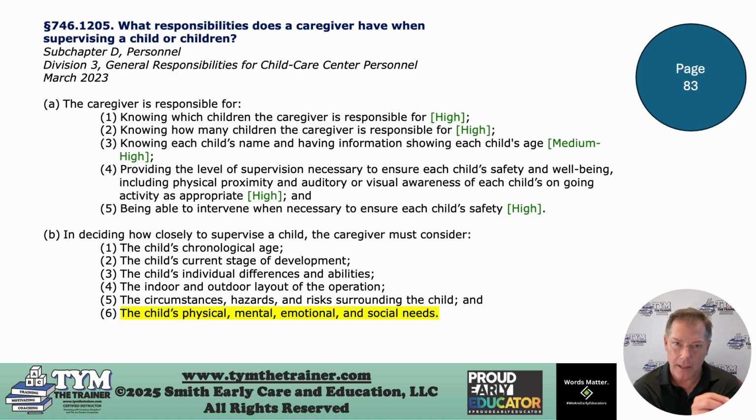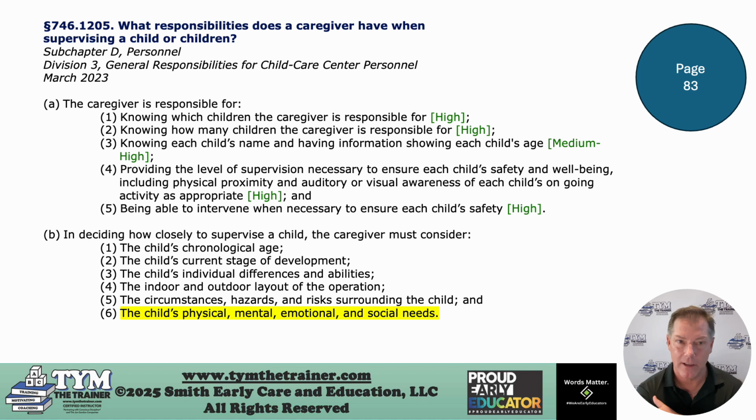And I want y'all to really look at the proximity right here. Depending on what age of children you're working with, you're going to need to get to that child quickly to intervene when there is a safety risk, when there is a behavior. So where you position yourself in the classroom is really critical. You're going to need to know which group of children have struggles in the classroom, and you position yourself in those particular areas. So we got to stay on top of that.